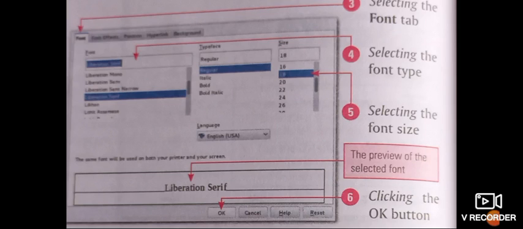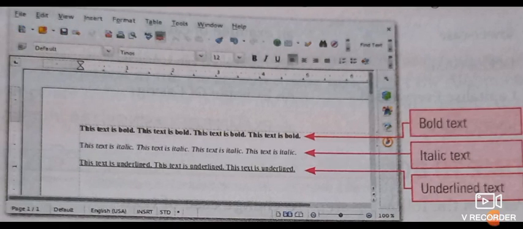Now, how do we use the attribute options like bold, italic, underline to format the text? In Word, various text styles or text effects are available that allow us to differentiate text from other text. We can make the text bold, italic, and underline by clicking the appropriate icon on the formatting toolbar, as shown here in the video. First one is bold, which makes the text thicker and darker. Second is italic, which slants the text, and third one is underline, which underlines the selected text.